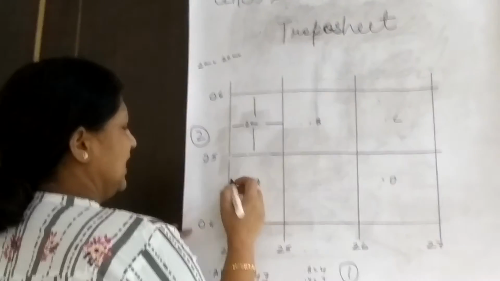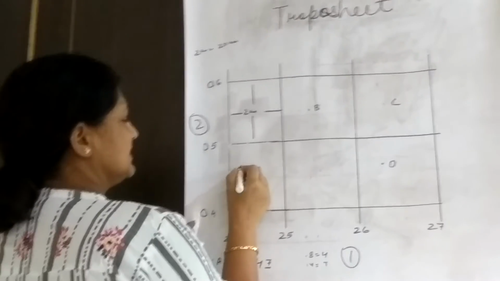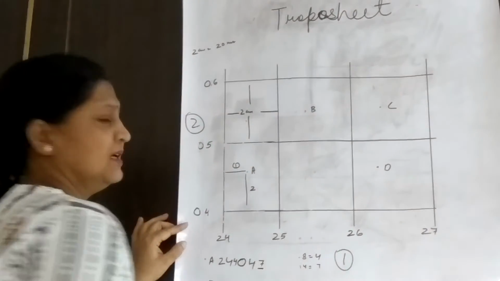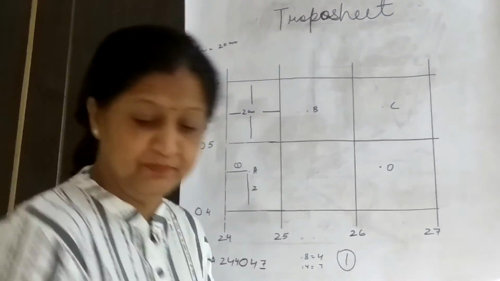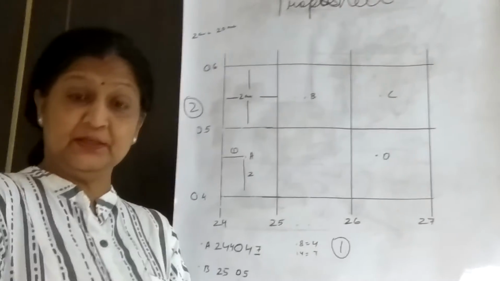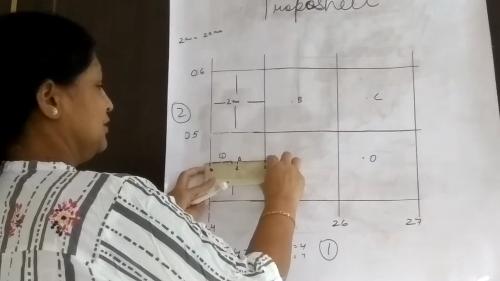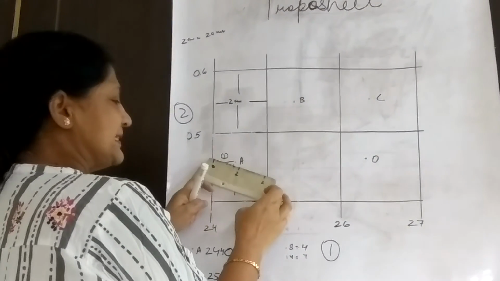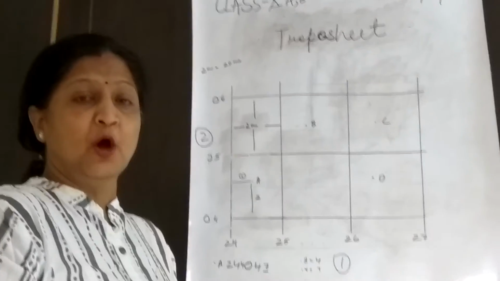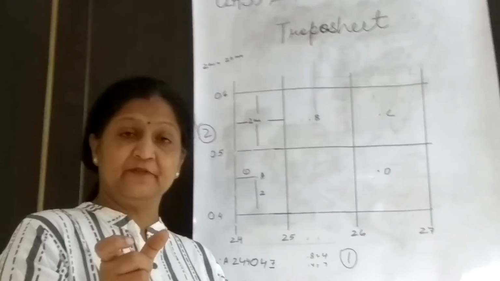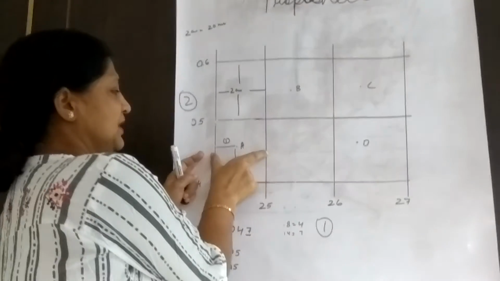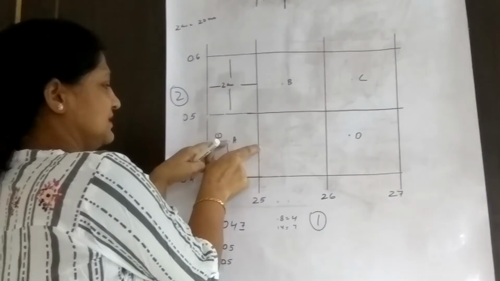Now first of all we measure this distance, and second we measure that distance. Just keep in mind, before you measure, you have to adjust your scale exactly on 2 centimeters. If you do not adjust your scale on 2 centimeters, maybe if your scale is slightly tilted, the reading will be different. So first keep your scale adjusted on that four grid reference. For the six grid reference, adjust your scale on 2 centimeters, then start measuring from this distance.